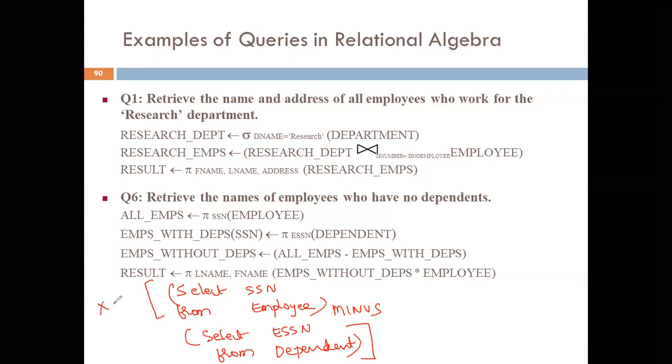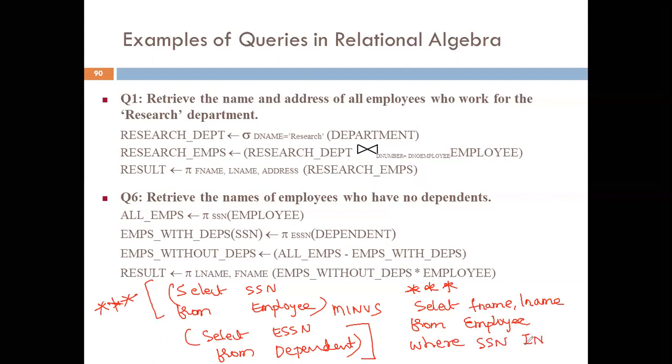So the outer one which we can write, I will write that over here. Select first name comma last name from employee where SSN in.